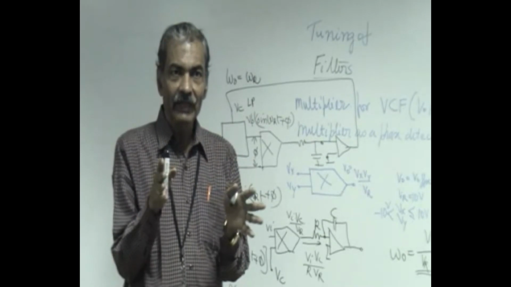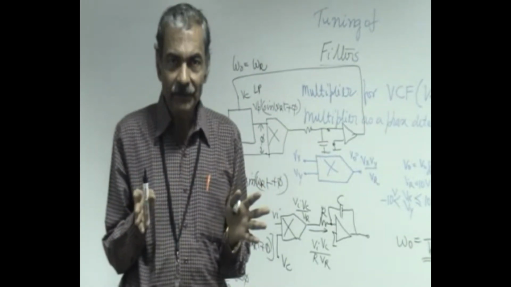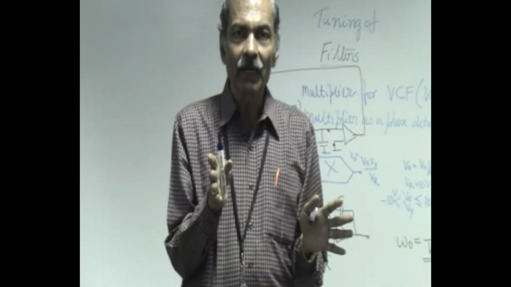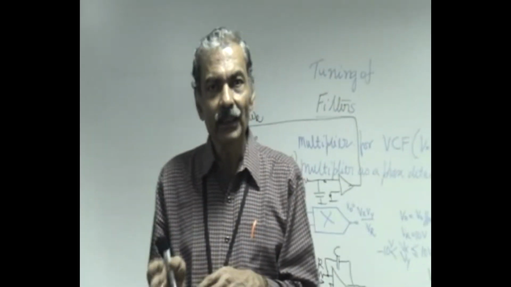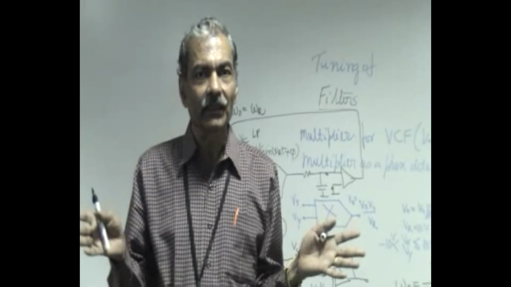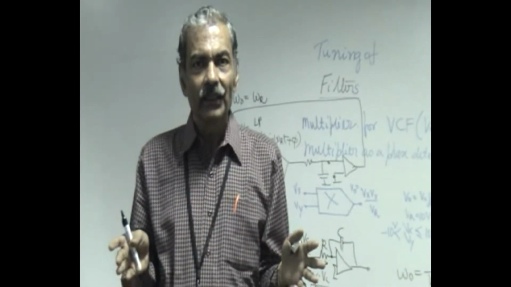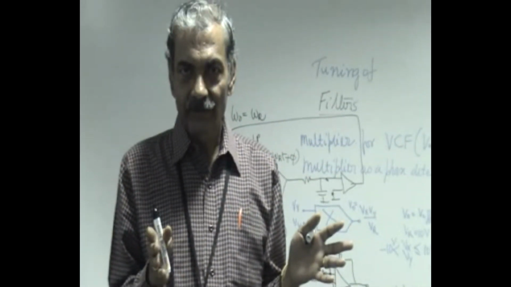If the amplitude of the square wave is A, the fundamental component is 4A by pi, and that into H0 Q is all the time the output of the band pass filter, irrespective of the incoming frequency. So this becomes a spectrum analyzer, right? If you make it get locked to the third harmonic, you will get the third harmonic amplitude of the square